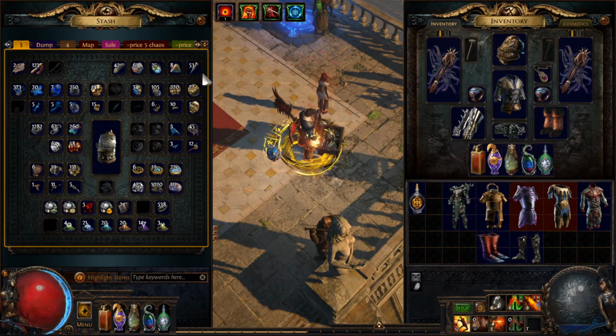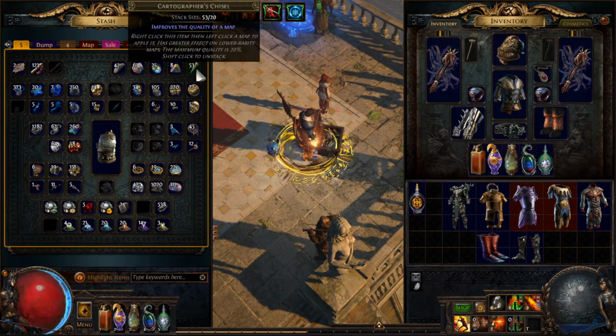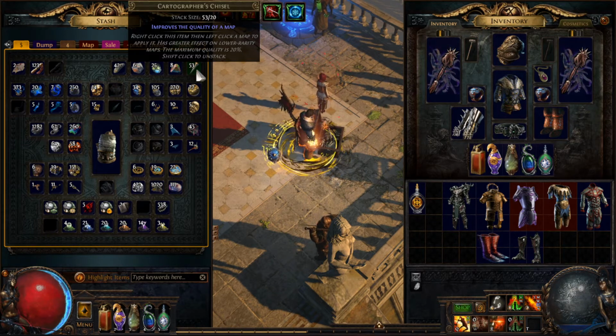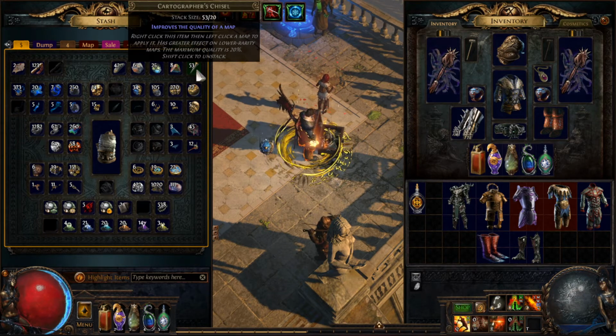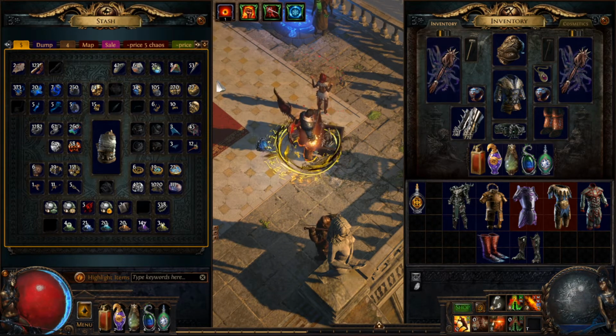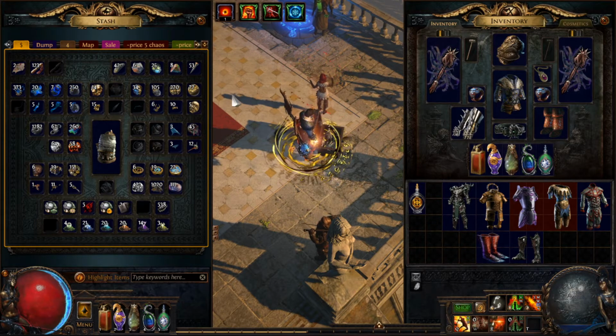This is particularly painful with maps when you want to chisel something up to 20%. You definitely don't want to spend 20 chisels on a rare, you'd rather spend 4 on a white and then alch it. The most important thing about quality, though, which some people don't know and it tends to really screw them,